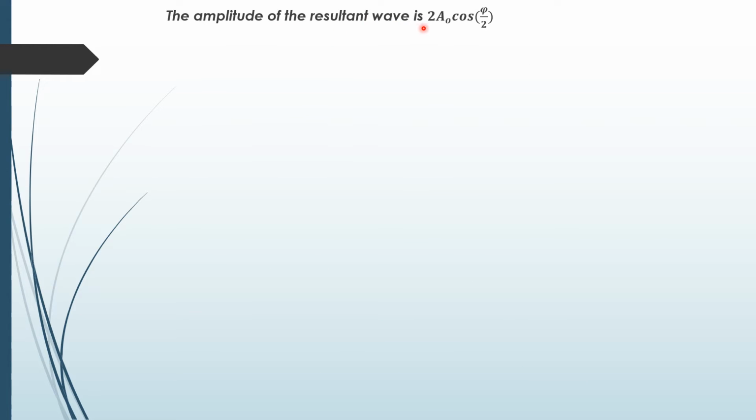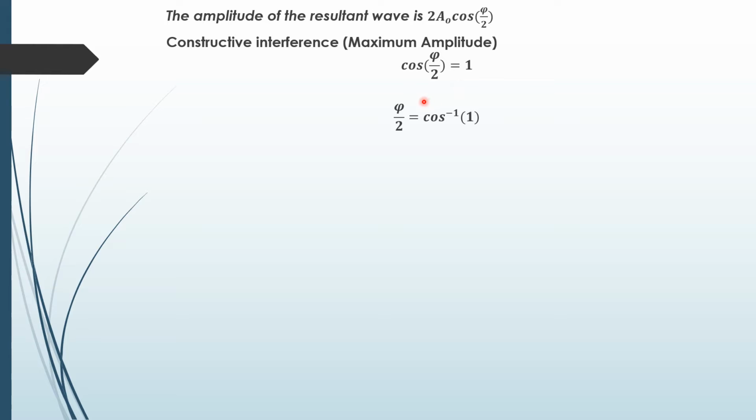The amplitude of the resultant wave is 2a0 cos phi by 2. Now we try to find on what conditions we get maximum amplitude and minimum amplitude. So for maximum amplitude or constructive interference, cos of phi by 2 should be equal to 1, and phi by 2 is equal to cos inverse of 1, and then phi by 2 is equal to 0, pi, 2 pi,